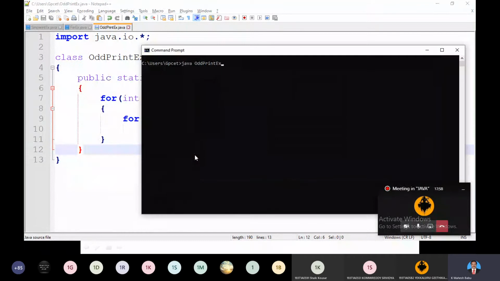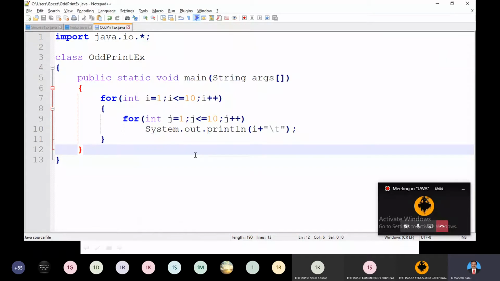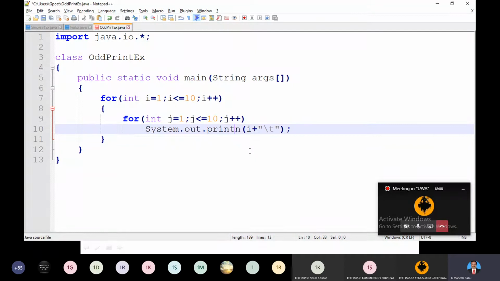See the output. The same program, I just compiled and ran. It prints continuously line by line. I don't want this line by line, so print in the same line.